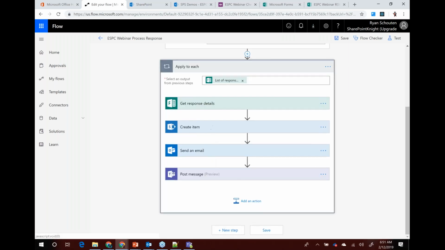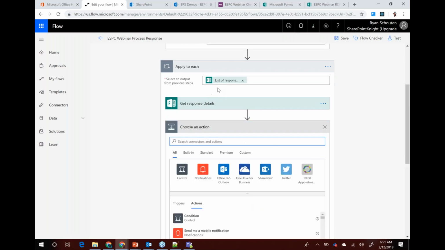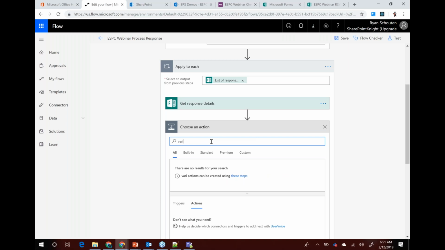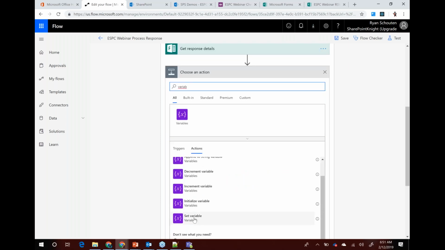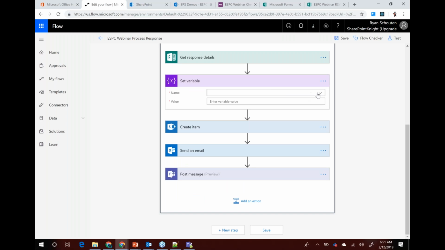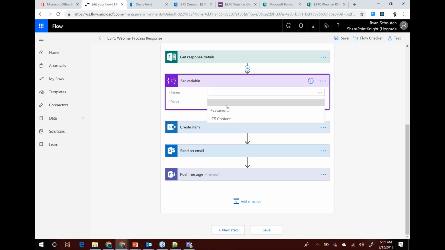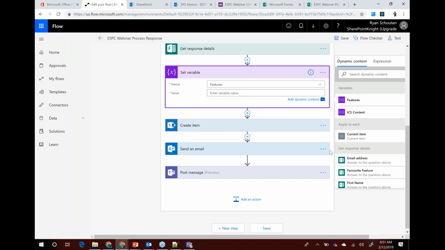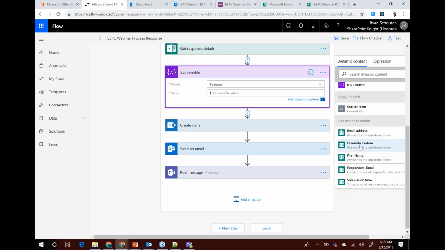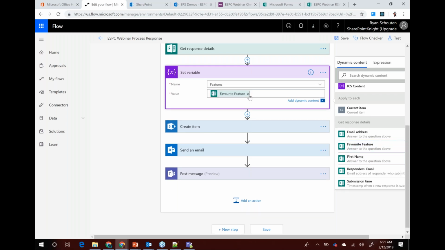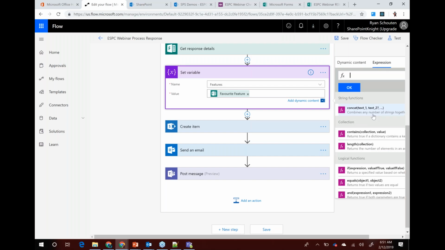Then we come inside our apply to each. After we get our responses, we can now add an action. And I'm going to search for variables. So if we can see down here, we have an option to set a variable. And the variable I want is features. And then the value, we can do some different things with. So right now, we can say our favorite feature. And we have some different things we can run with that. So I can say in our expression,